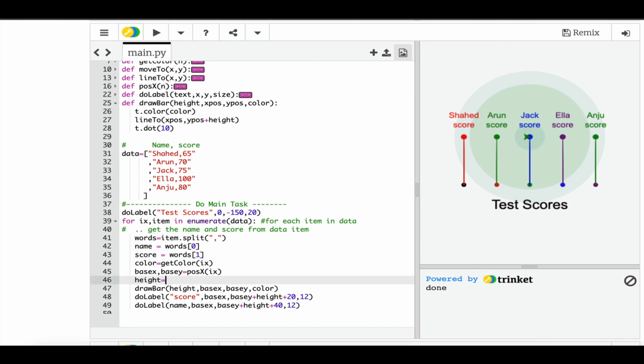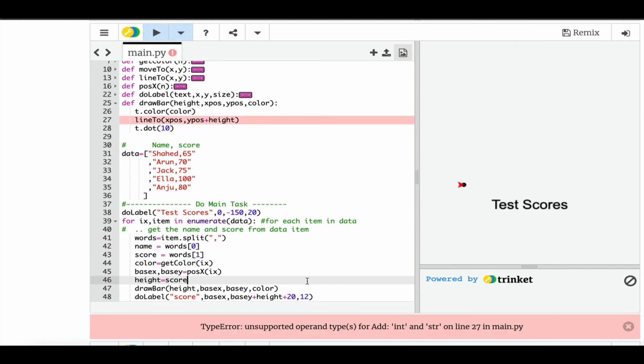So if we just give the height equals the score here, we're going to get an error. And sure enough, it says unsupported operand type for add, because it's trying to do something with a string when it actually expects a number. This is a problem you often have in programs: you have a string and you need to convert it to a number. Many different languages have different functions to convert a string into a number. Python has an easy one. You just say int